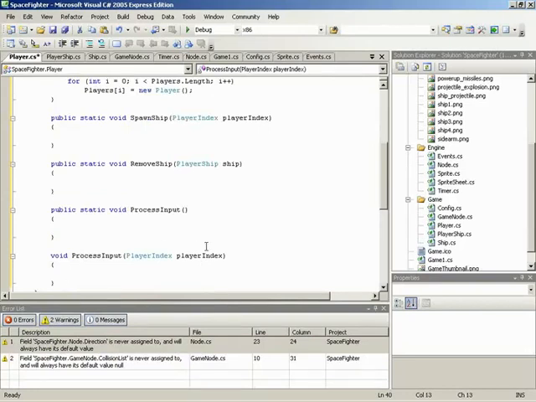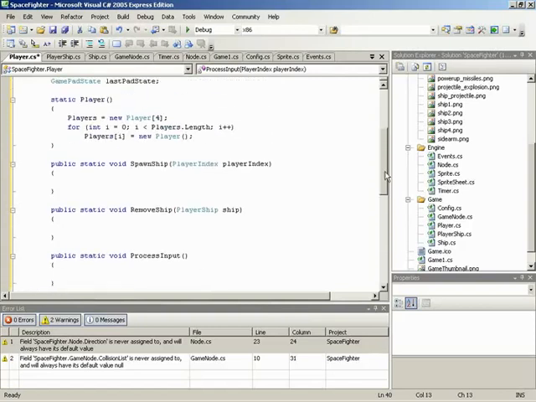Okay. So these are all of the methods that we'll be needing. Let's go back up to spawn ship and begin implementing them. Spawn ship needs to look at the current array index for the given player index and see whether or not the ship is currently null, because we're only going to allow the spawning of a new ship if we're missing a ship. We don't want to allow the player to continuously spawn more and more ships if that slot is already filled. So we'll do a check and we'll see that if